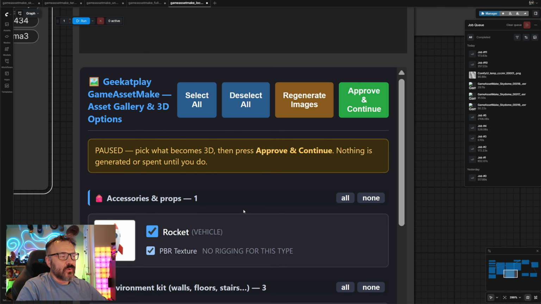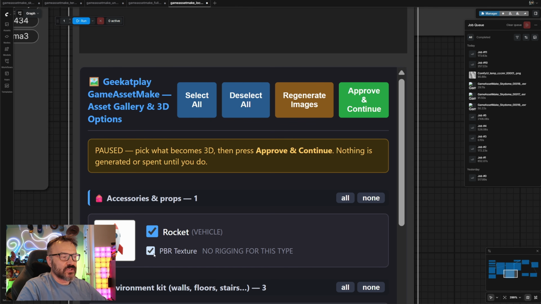Down below, you'll have different accessories, environment kit, or maybe a person if you ask. In this case, if rigging is not available, it says no rigging for this type, because our system does not support it, it just will be unavailable here. You can check, uncheck, and this texture won't be generated, so it doesn't matter if they check it or not. But you can select what you want to create, and then next you'll need to click approve and continue